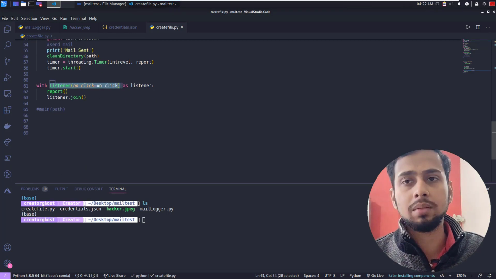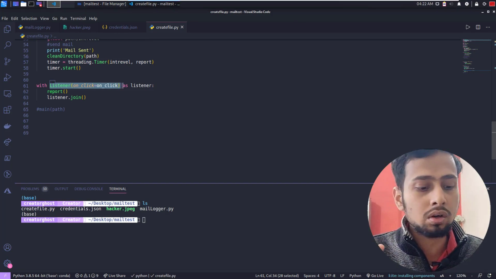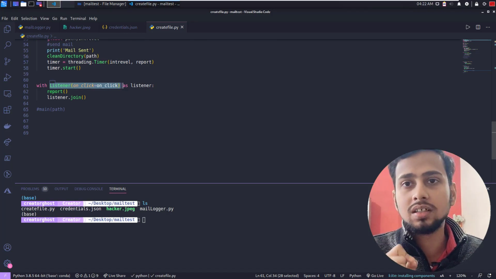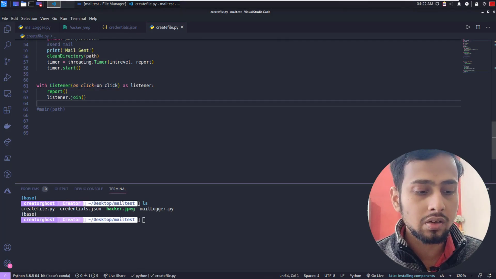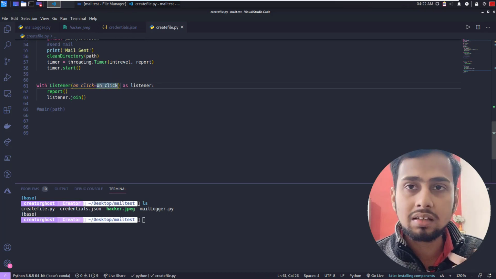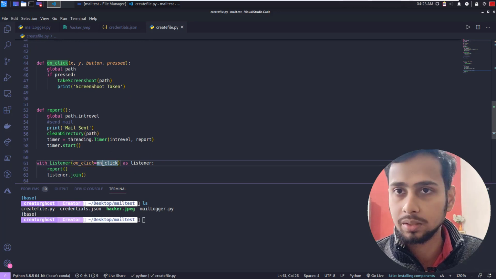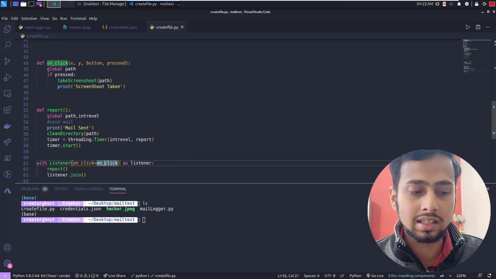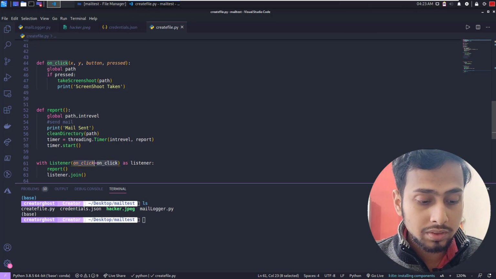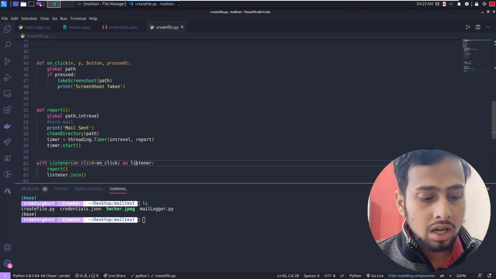There are multiple functions available with the mouse, because we can do scroll, left click, right click. All those functions are already available here, but the thing we are interested in is on_click. It tells what action is needed once the user clicks. We have created a function named on_click, so this function name and the on_click argument should be the same. If you name it click, then the above function name should also be click. But the on_click keyword which we are initializing should always remain the same, because it is already predefined in our system. So we are opening this listener class.